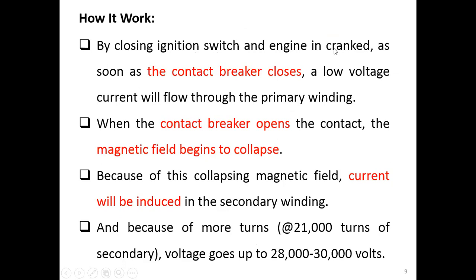engine starts to rotate. As soon as the contact breaker closes, a low voltage current will flow through the primary winding. And then when the contact breaker opens, the magnetic field in the primary winding collapses. Because of this collapsing magnetic field, a current will be induced in the secondary winding. Since the secondary winding has more turns, 21,000 turns, the voltage will go up to